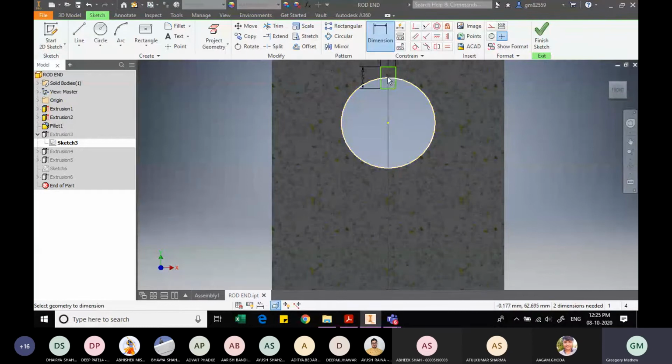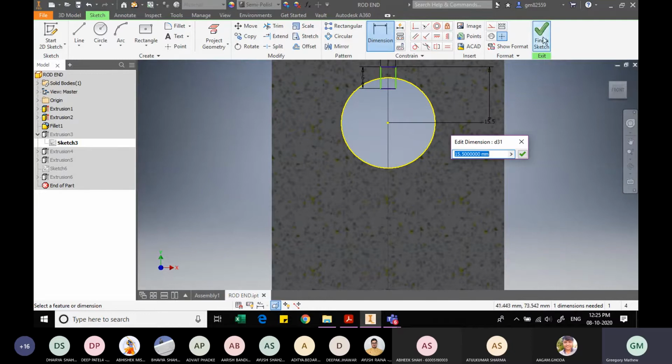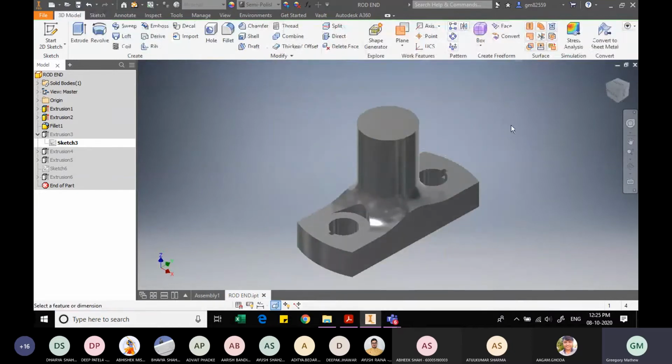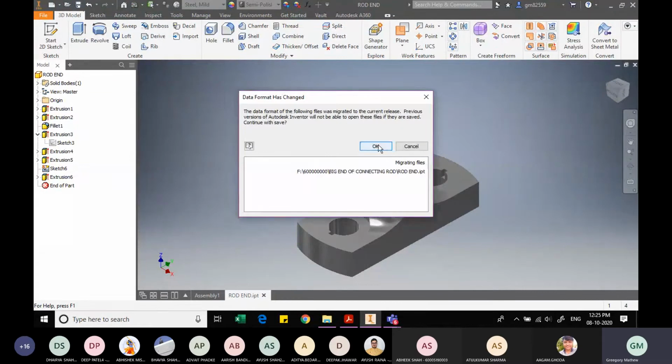Dimension between the center and, so we'll just check the distance between this and this. So this should be 15.5, which is correct now. Accepted. So now let us try assembling to see whether it becomes okay.